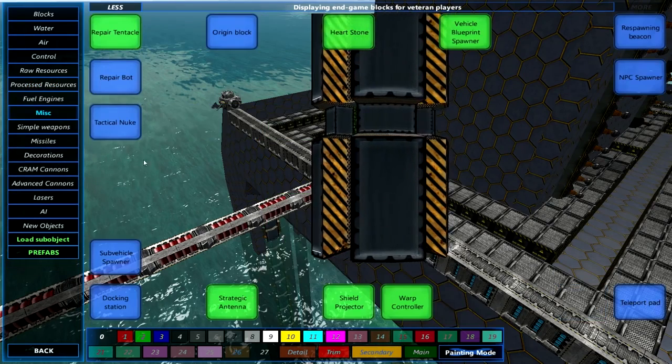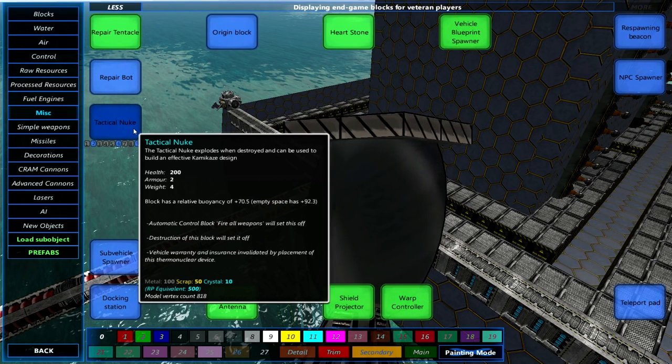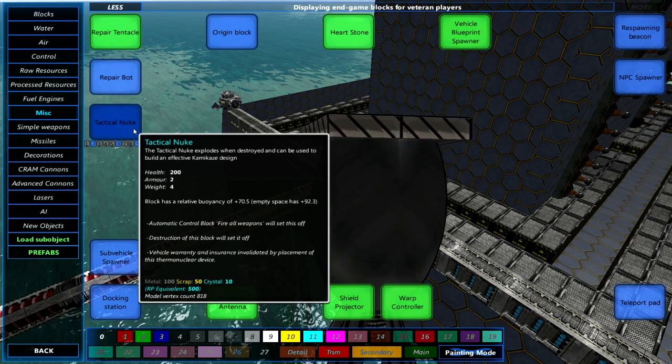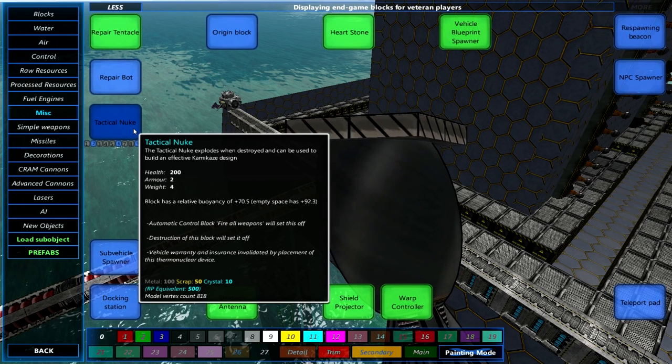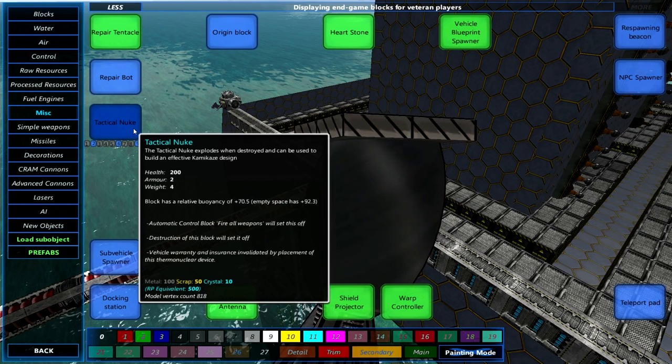In addition to this, we have the Tactical Nuke. The Tactical Nuke explodes when destroyed and can be used to build an effective kamikaze design. I've messed around with this a little bit during live streams. The damage and range is a little bit less than I expected, honestly, but it is still a load of